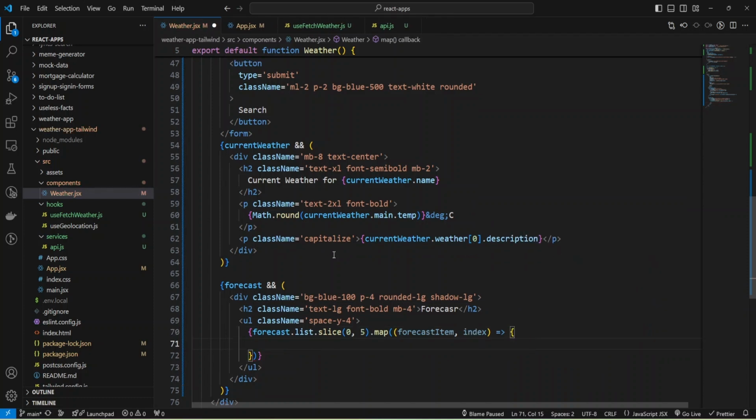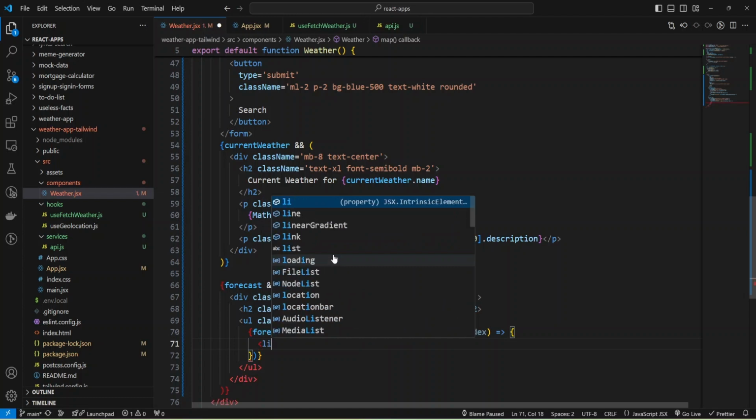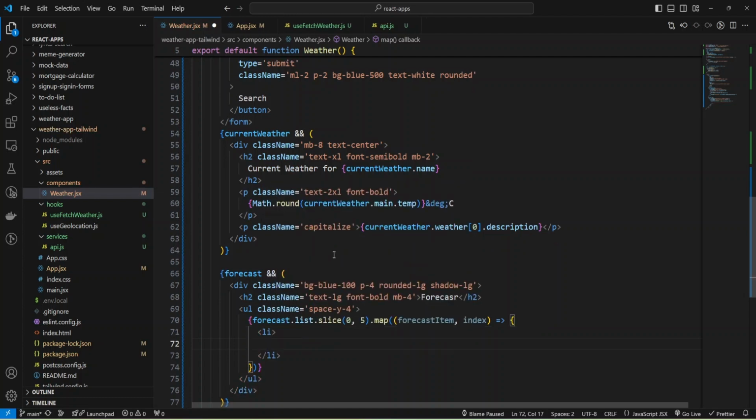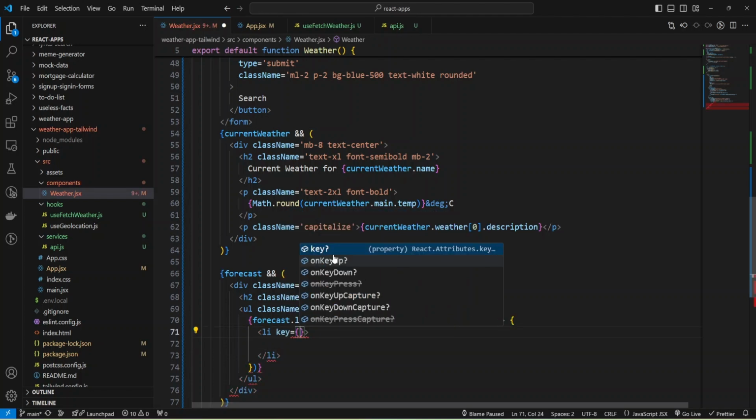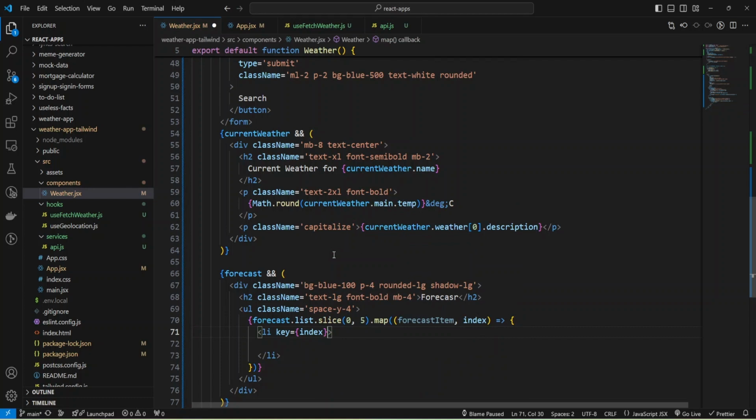And inside JSX, we'll have some li tag, and I need to provide key to it, index, and add class name, and class name will be some padding, and background white, and rounded large, and add some shadow and middle.